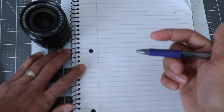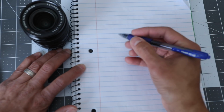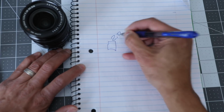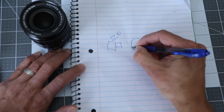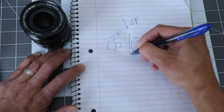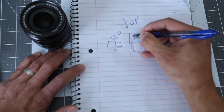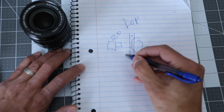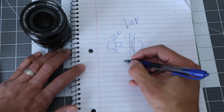Now, before you can understand where you're going to focus this thing, you're gonna have to understand something about depth of field. So let's show you that real quick. Okay, depth of field, just really quick. I'm not an artist, but it kind of goes like this. If you're at 2.0 and you point the camera at your face, your depth of field is going to be very, very shallow, very narrow. That means only this little area is an acceptable focus if you're that close to the camera. So if I'm holding it and doing an update, I know I only have about,